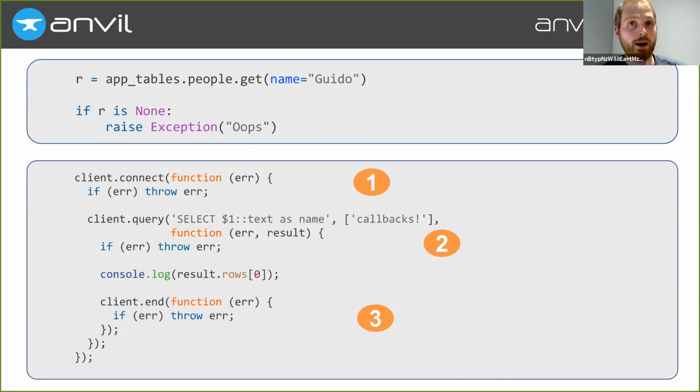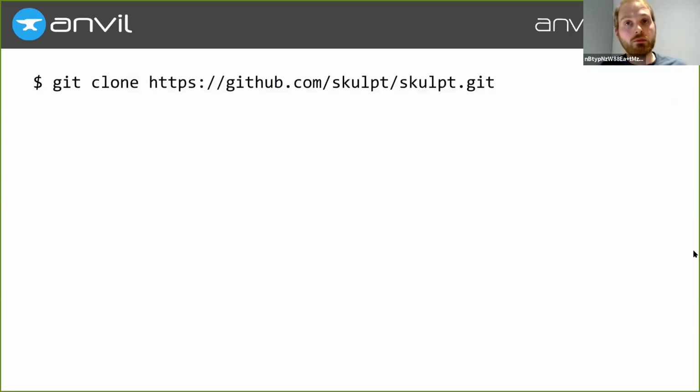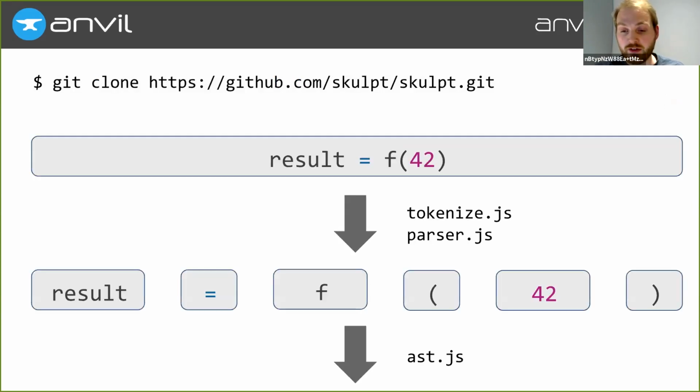But we have a Python to JavaScript compiler. So what if we could transform this into this automatically? So we git clone and get exploring. It turns out that the Skulpt compiler is a fairly standard compiler architecture based, unsurprisingly, on CPython. So you give it some Python code, it then tokenizes that into atoms that are relevant for Python. By the way, all these JavaScript file names are the file names in the Skulpt source tree if you want to follow along from the slides.